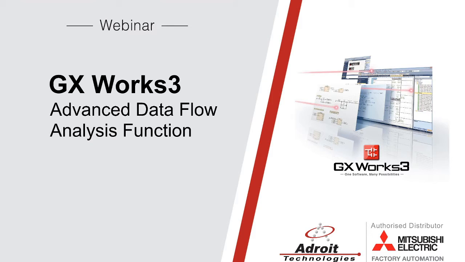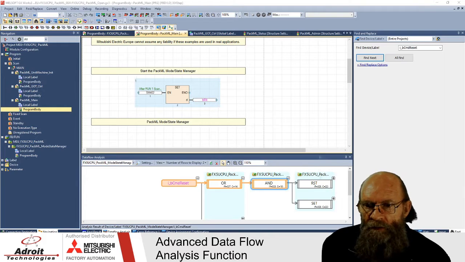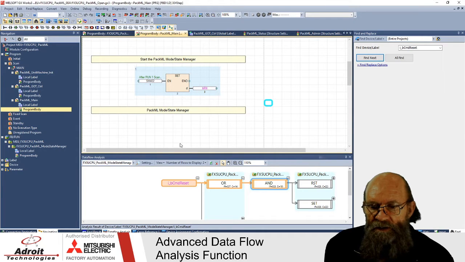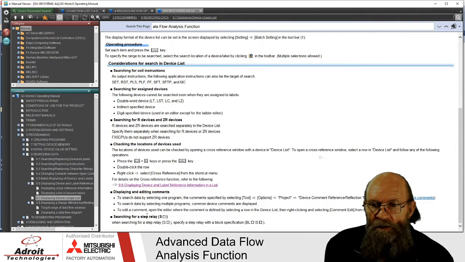I've already started GXWorks for us, and I've opened the project. So one thing one can start with is in the manual viewer. I'm going to show you where we're going to get all this detail from. Okay, in the manual viewer,